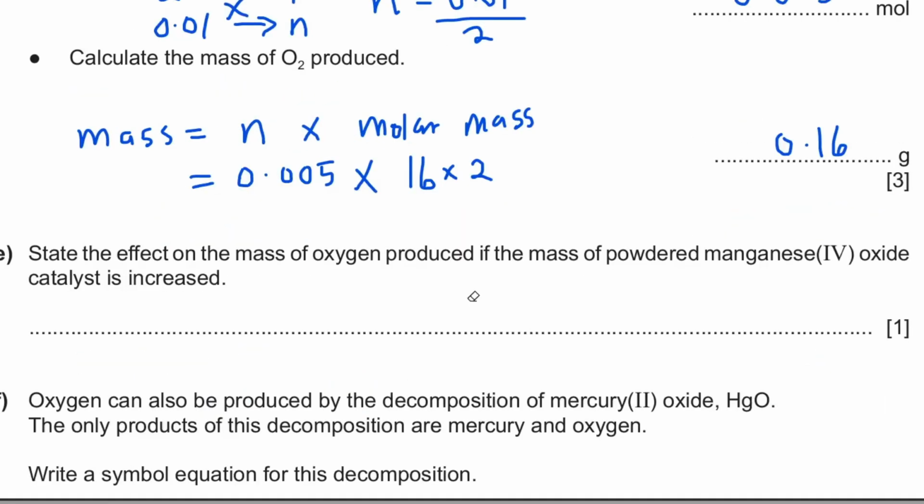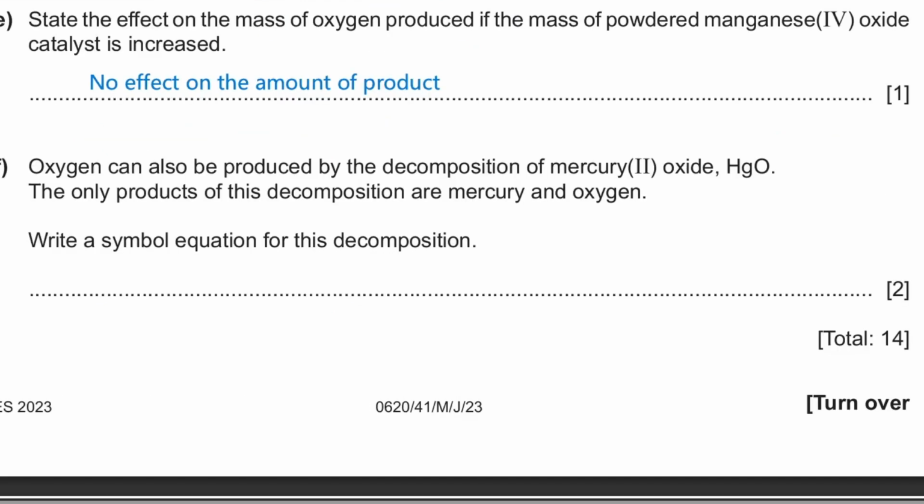If we increase the mass of catalyst, there will be no effect on the amount of product, in this case oxygen produced. Next, we have to write a symbol equation for the decomposition of mercury oxide to produce mercury